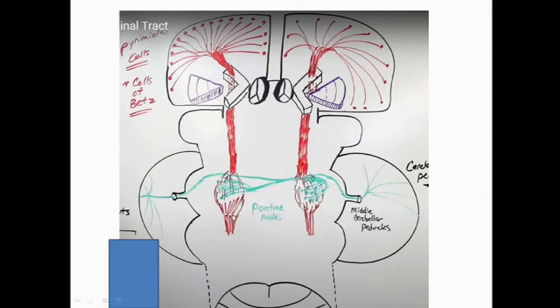You can see there will be some connection of these cortical fibers with the pontine nuclei, but usually with very few fibers they will connect with the pontine centers, and mostly these fibers again go down into the medulla oblongata. So this crosses the pontine region, now entering into the medulla oblongata. Now you can see the peculiarity of this pontine center. From the right side of the pontine centers, their fibers go to the left cerebellum, and from the left pontine center the fibers will go to the right cerebellum.